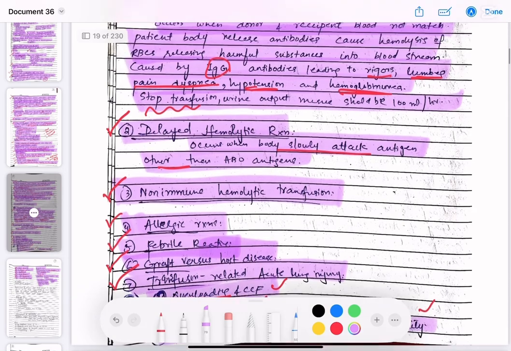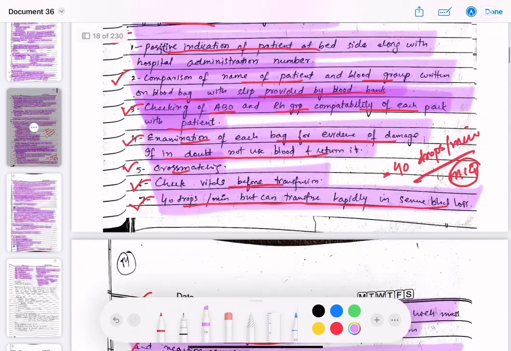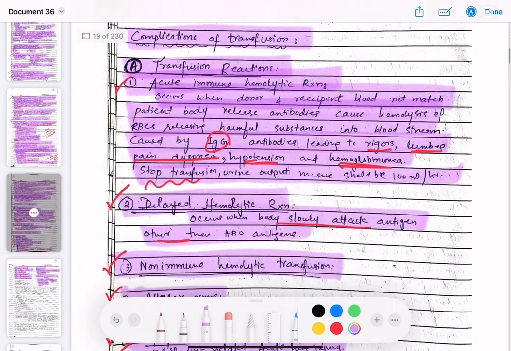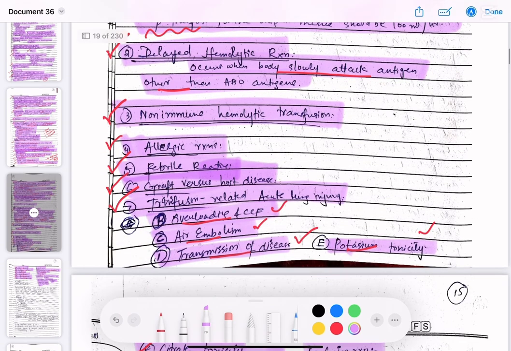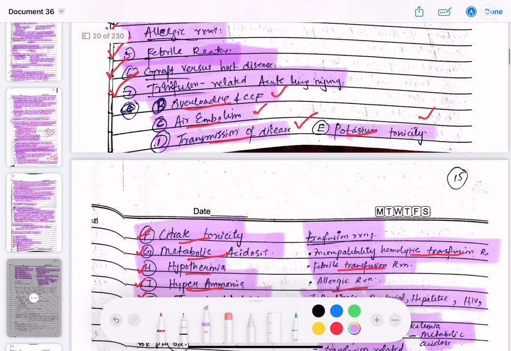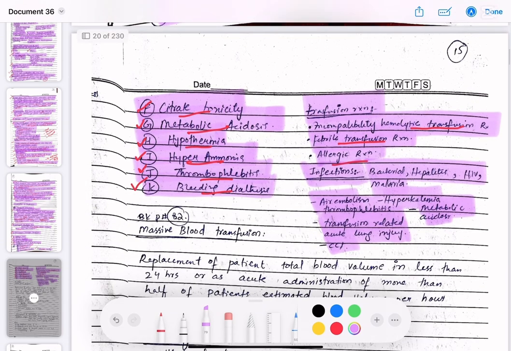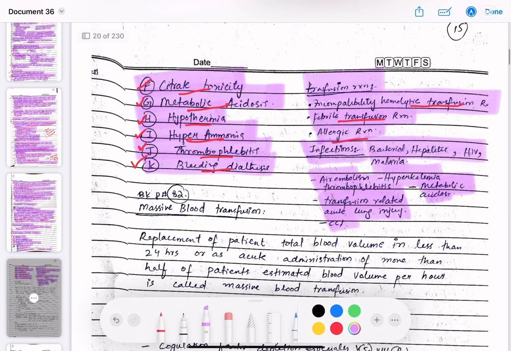So we have studied the complications of transfusion. These are transfusion reactions, that is acute immune hemolytic reaction, delayed hemolytic reaction, and non-immune hemolytic reaction, allergic reaction, febrile reaction, graft versus host disease, and transfusions which are overloaded and CCF, and embolism, transmission of disease, potassium toxicity, citrate toxicity, metabolic acidosis, hypothermia, hyperammonemia, thrombophlebitis, peritonitis, transfusion incompatibility, hemolytic transfusion reaction, febrile transfusion reaction, allergic reaction, and the infections